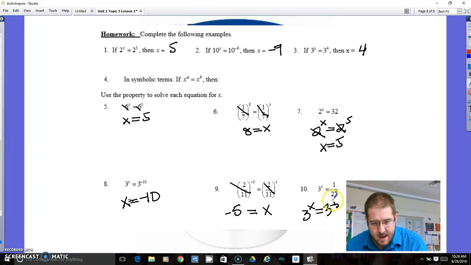This and this are the exact same thing. And then we know if the bases are the same, then the exponents are also the same. X is negative 3. Done. Okay, great. There's the end of the first lesson. Let me know if you have any